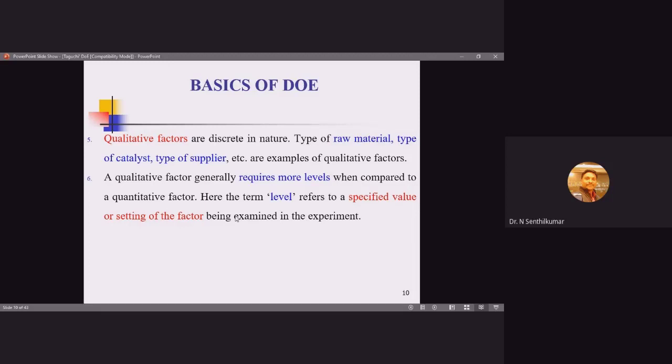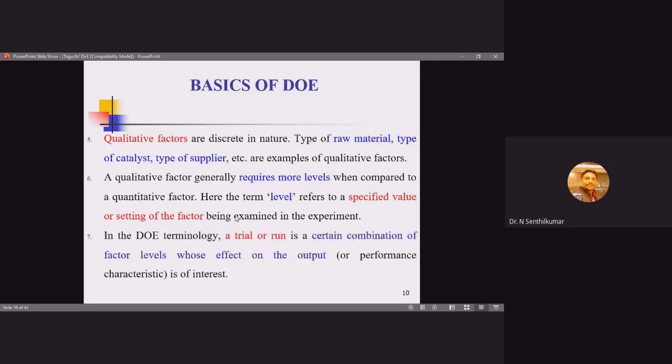So this is how you are going to select the level values also. In DOE terminology, we will be calling it an experimental trial or experimental run. What does it actually mean? While designing, we will be considering different input parameters: cutting speed, feed rate, depth of cut, approach angle, whatever it is. For the first experiment, what is the value of cutting speed? What is the value of feed rate? What is the value of depth of cut? And what is the value of approach angle?